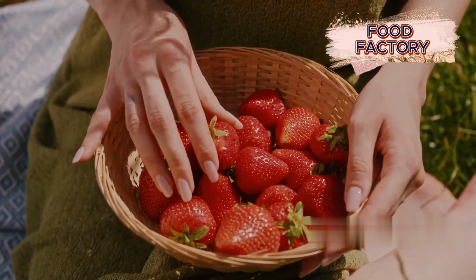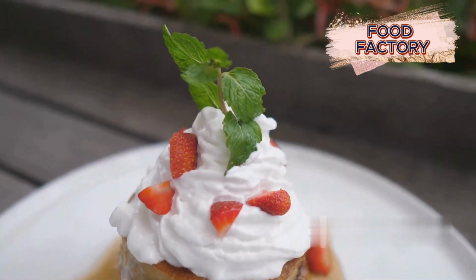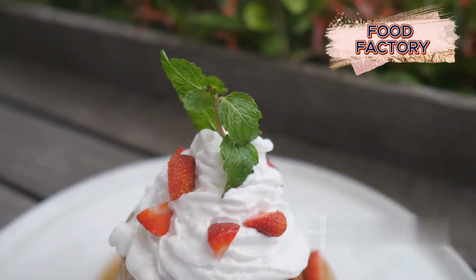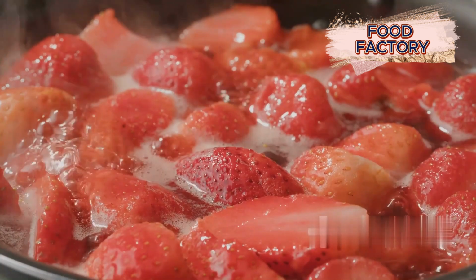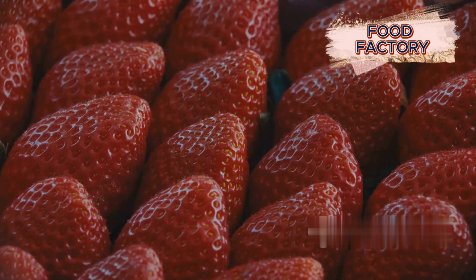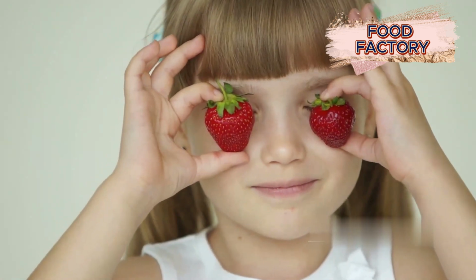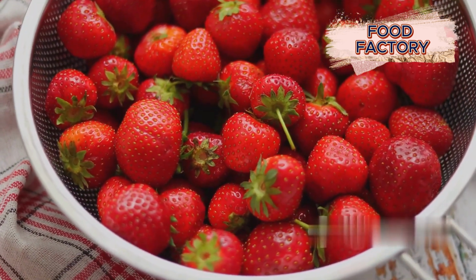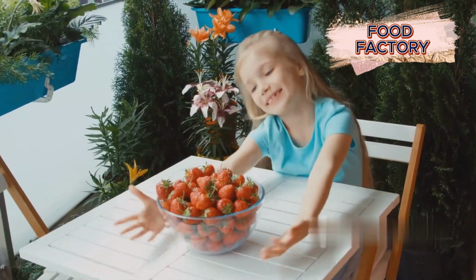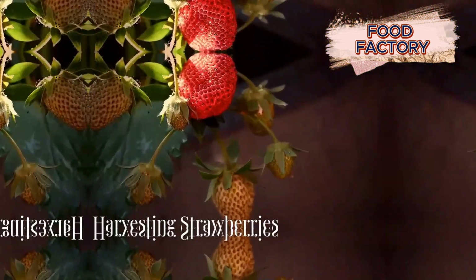Strawberries just hit differently and end up vibing in almost every dish or cuisine. From strawberry shortcakes to fancy tarts and creamy cheesecakes, strawberries level up any treat. Whether you munch on them fresh or turn them into yummy jams and sauces, these ruby red berries always know how to make your taste buds happy. Everyone knows about the countless perks of strawberries, right? Their natural sweetness means you don't need to add a ton of sugar, making them a healthier choice for anyone with a sweet tooth. But when it comes to harvesting,